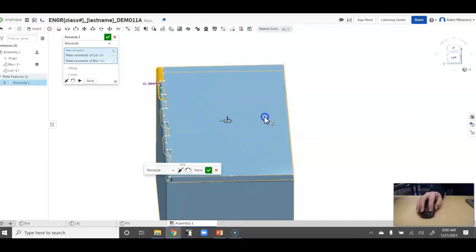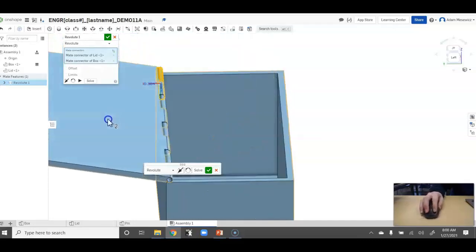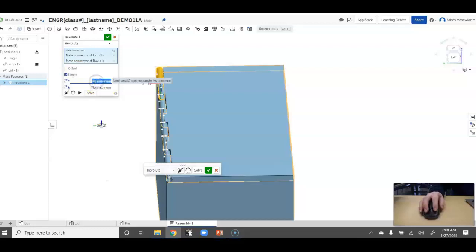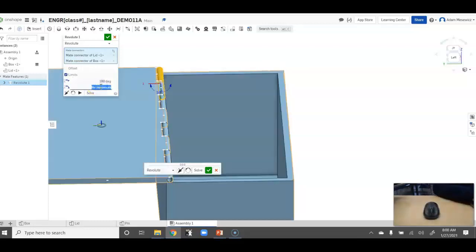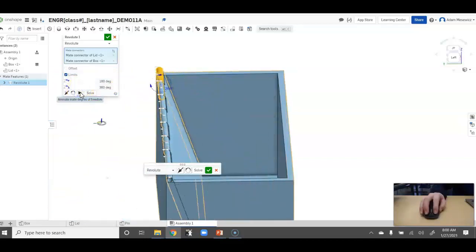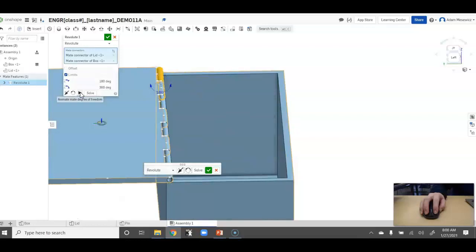So for me, this is 360. And then this one right here is 180. So I know that when I set my limits, my minimum angle is going to be the smallest, the 180. My maximum angle is going to be 360. And so if I confirm that, press play, it's got to reset. So you have to press play twice actually to get it to where it's going to go. So now if I press play,